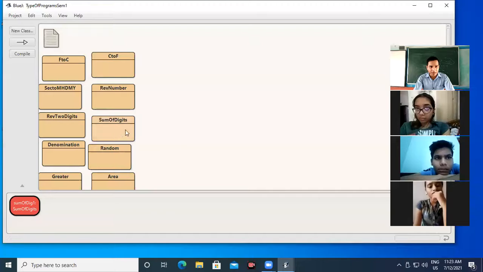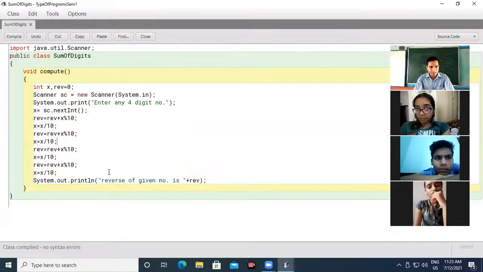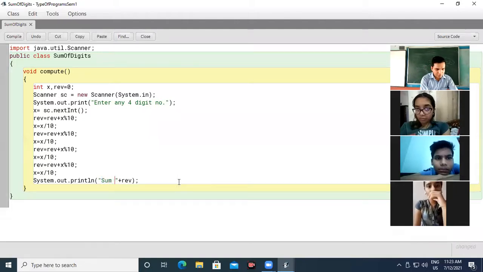For that I have to edit it, yes, I have to write down sum of the digits of a given number.